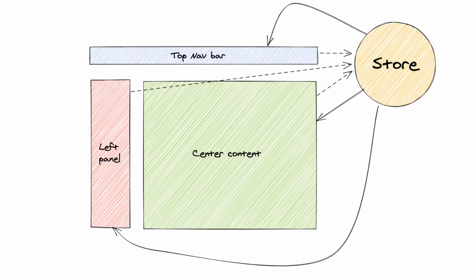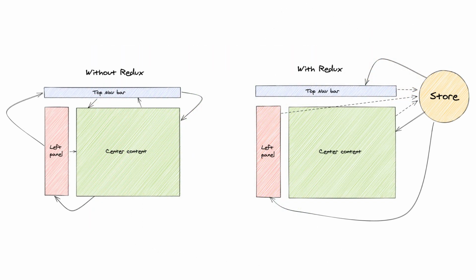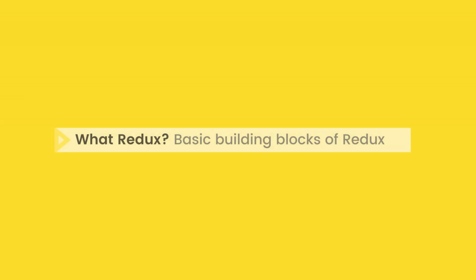Redux is inspired by the single source of truth design pattern, where we have a concept of a store, where we store all our application state in one place. Whenever any data changes at any part of our application, the store is updated with the changes and all the other parts get notified about this change. This way, the application state is consistent and in sync at any given point of time. This is the whole idea of state management using Redux.